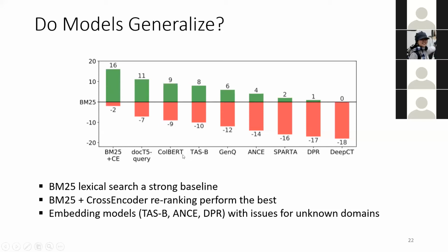And the second best system was doc2query using a T5 system, doc-T5 query. And then on Colbert, we already see that it was better only on 50% of the data set, and on 50% of the data set it was worse. And then the TASB model is an embedding model. We see it was only better on 8 data sets, and on 10 data sets it was worse than simple